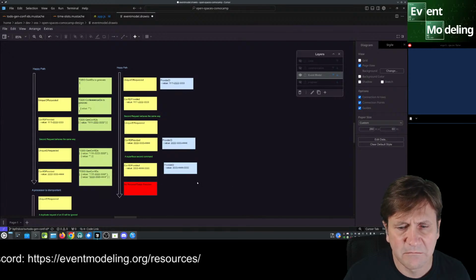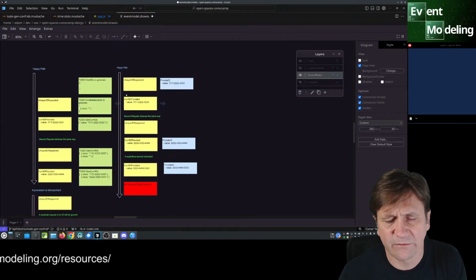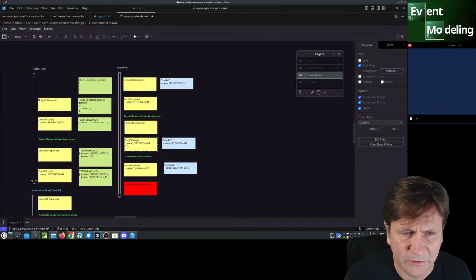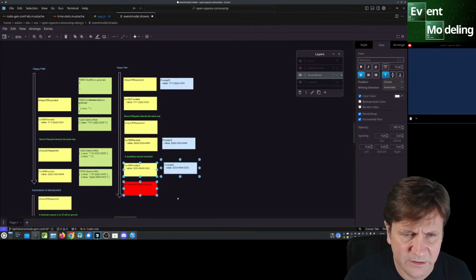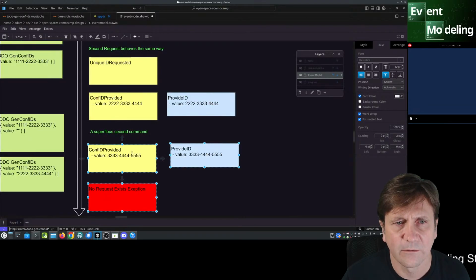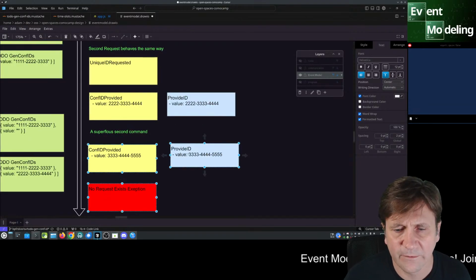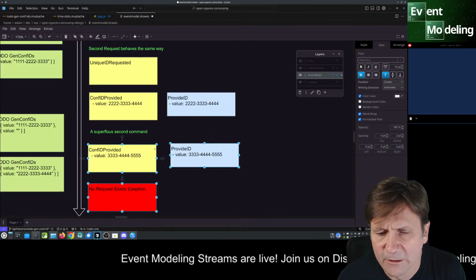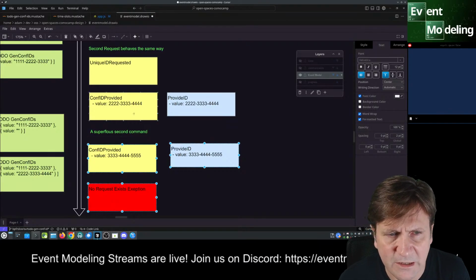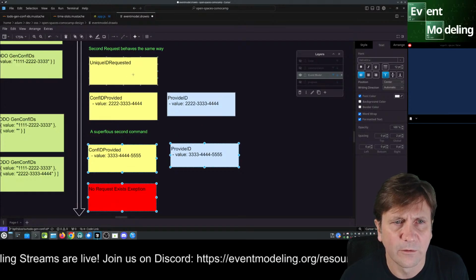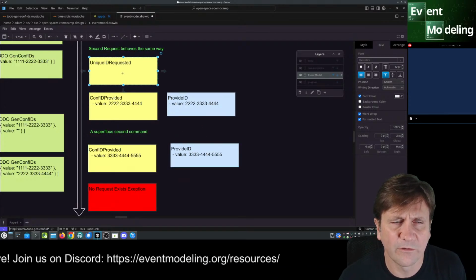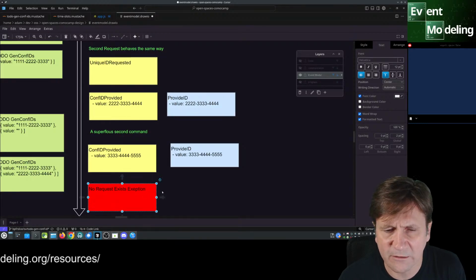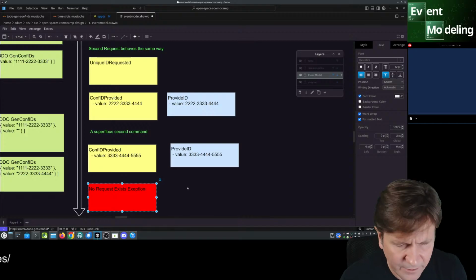I would just say scenario path for multiple scenarios, because over here we have an unhappy path. This thing is not likely to happen, where we have this processor running so fast, or maybe two of them running at the same time by mistake, that we queue off of one request and we provide two IDs, and for the second one we throw this exception.